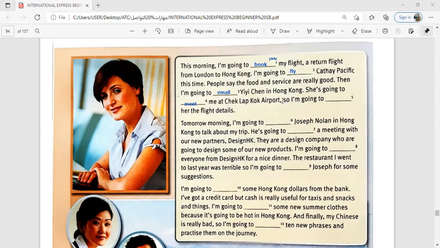بديكم تتذكروا بعض المعلومات اللي موجودة in this paragraph لأنه we are going to use it ahead. يعني أماماً كمان شوية we are going to use this information here. So I am going to send her the flight details. Tomorrow morning I'm going to call. Yeah, Joseph Nolan. He is going to